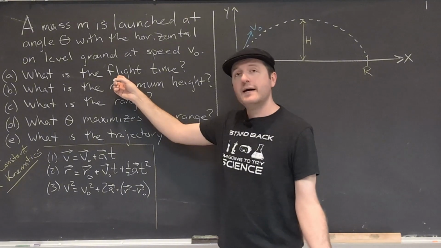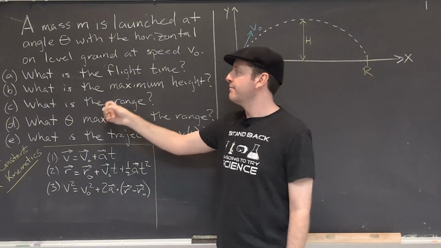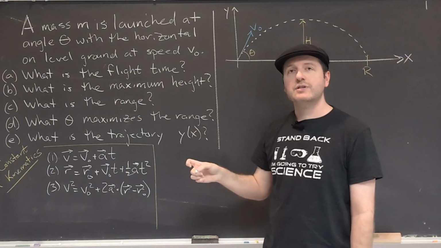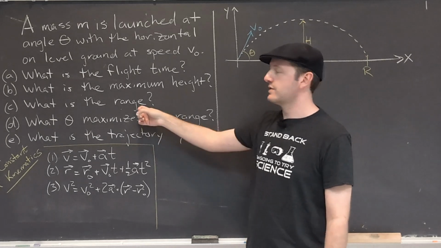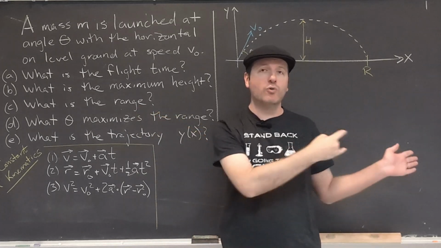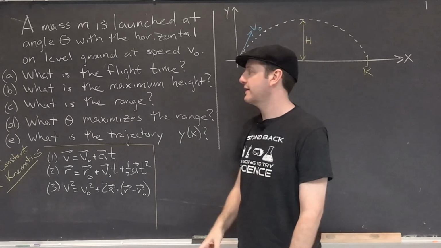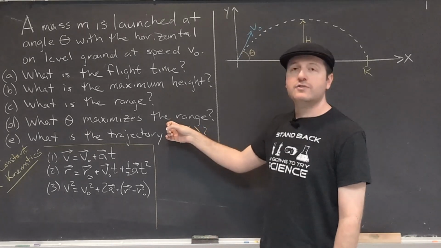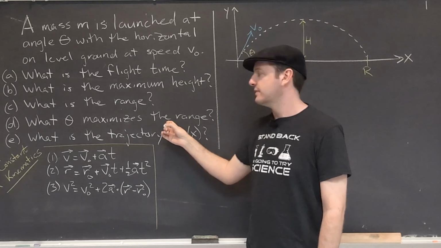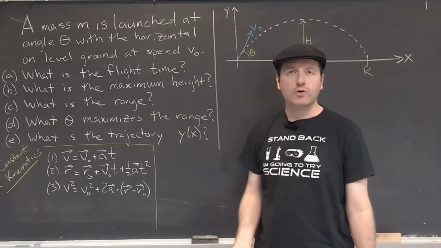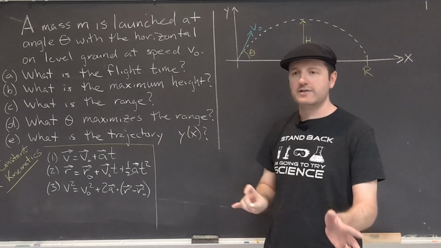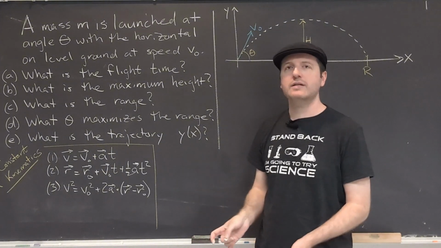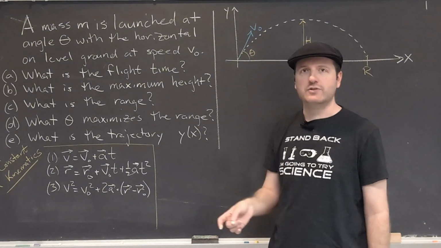What is the total flight time before it reaches the ground again? What is the maximal height that it reaches before it turns back around? What is the range of the projectile, meaning what is the horizontal position at which it hits the ground again? What angle of launch maximizes the range? And also, what is the trajectory equation? Not parametric x of t and y of t separately, but what is the shape of the actual trajectory, y